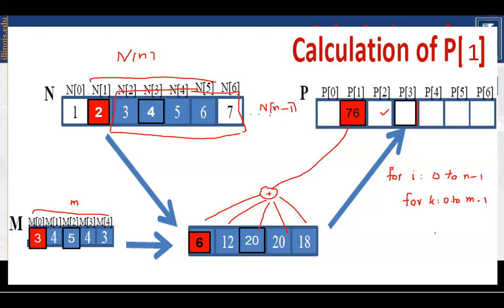And then I will multiply N at I plus k with M, which is mask, at k, and I will get the result placed in P at position i.